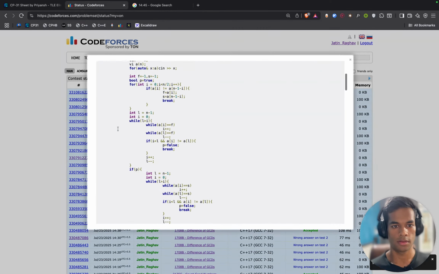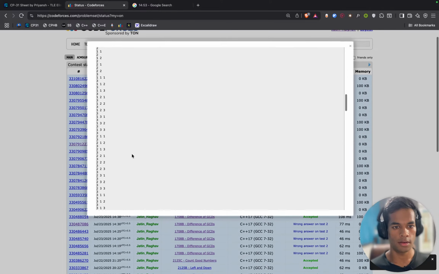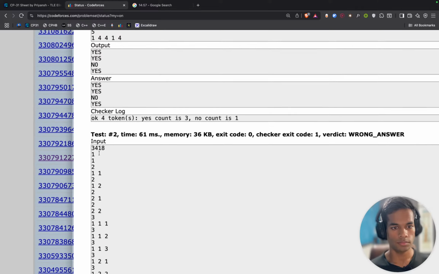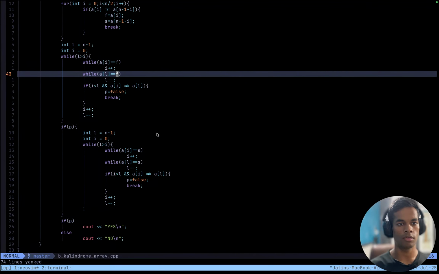Okay, it gave wrong answer for the 51st token in problem number 2, which has this many questions.